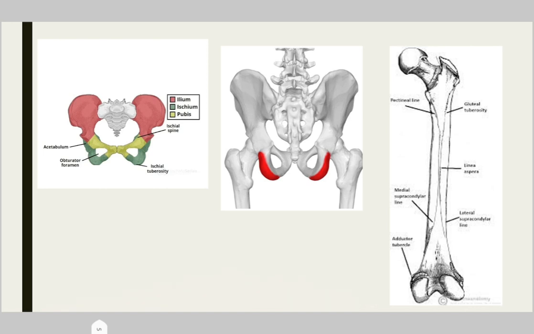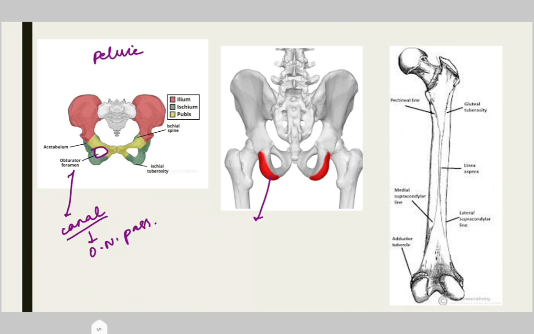Before getting into the muscles, let's quickly revise the parts of the bones. So this is the pelvic bone. It has ilium, ischium, and pubis. And coming to pubis, it has a superior ramus, body, and inferior ramus. And ischium has the ischial ramus, and here it has the ischial tuberosity. The pelvic bone holds a foramen called the obturator foramen, which has a canal called the obturator canal through which the obturator nerve